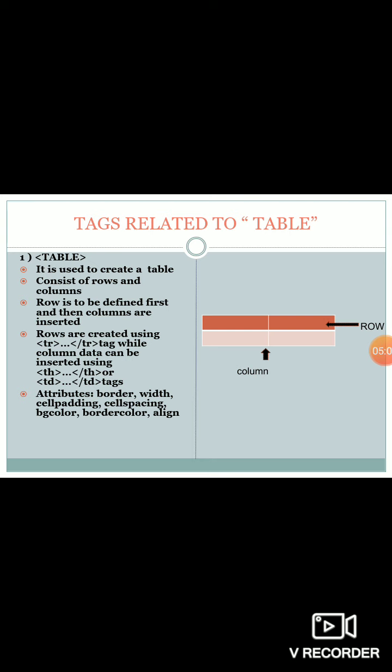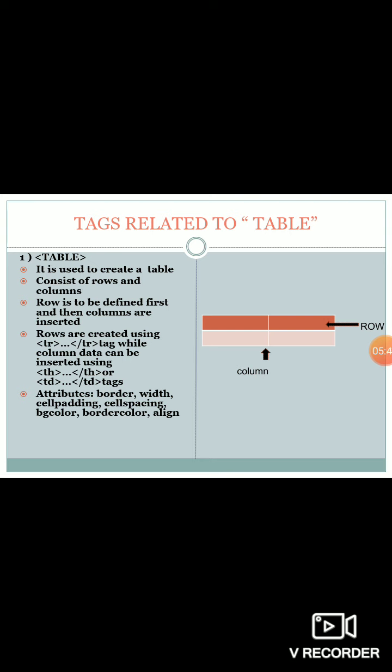Then you can put attributes as width and the height, that will specify the particular width and the height of the table. Then next attribute is nothing but the cell padding. Now what is the meaning of cell padding? The text which I want to put in the cell, or I can say in the column of the particular table, so the gap, or I can say distance between the text of my cell and the border of my cell, that is called as my cell padding.